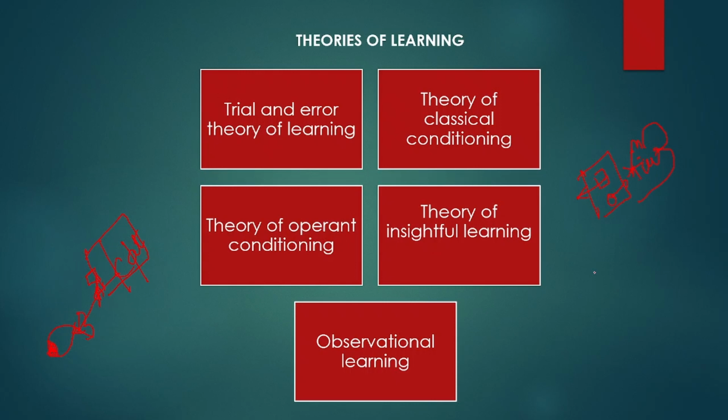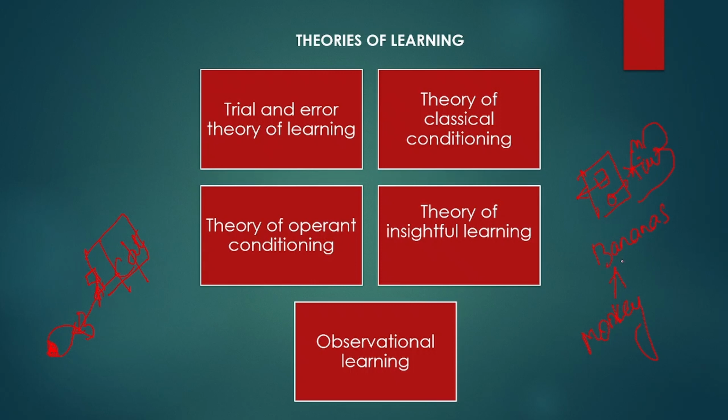Here in insightful learning, the experimenter places the monkey below and some bananas are hung there. What happens here? The monkey sees the bananas from here and tries to catch them. After subsequent trials, the monkey tries to catch the bananas easily. Later, after some time,